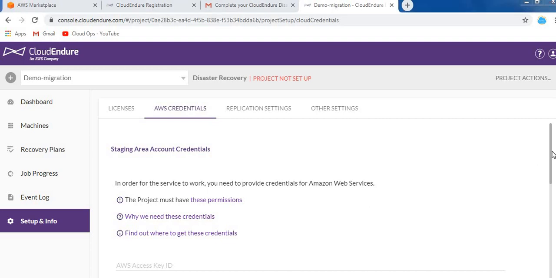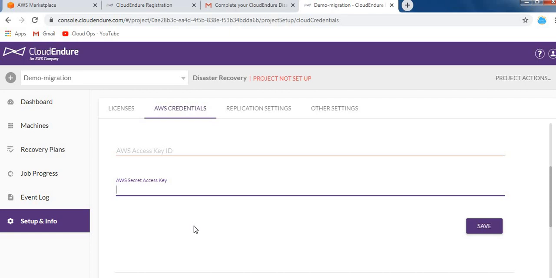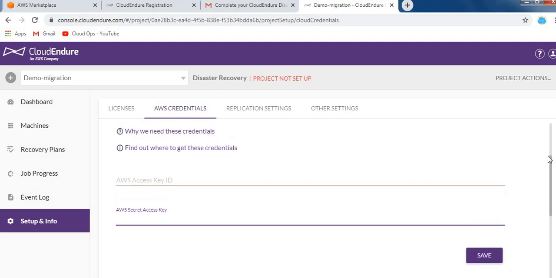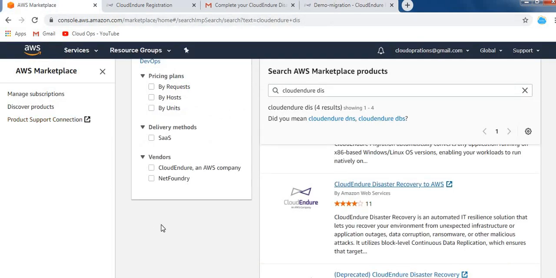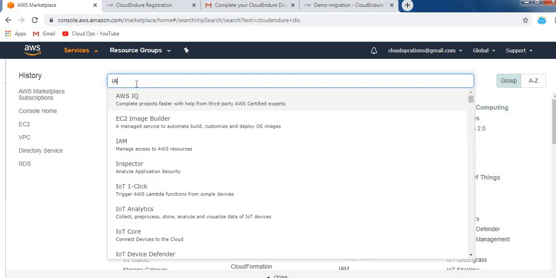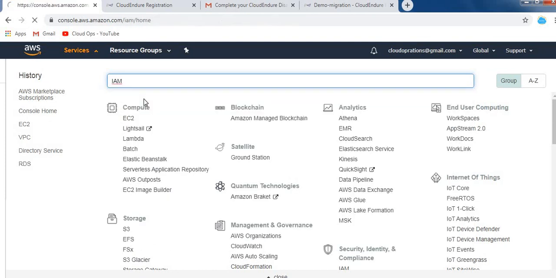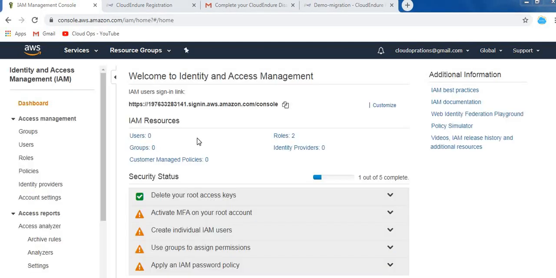Here we need the AWS access key ID and the secret access key. So let's go ahead and first create one IAM user and then take these keys. Let's go back to your AWS console, Services, type IAM, and create one user.